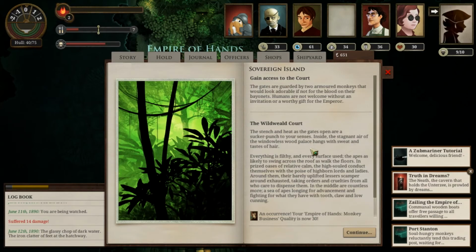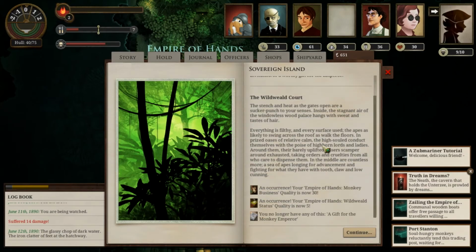The well-wheeled court. The stench and heat as the gates open are a sucker punch to your senses. Inside, the stagnant air of the windowless wood palace hangs with sweat and tastes of hair. Everything is filthy and every surface used. The apes are likely to swing across the roof as walk the floors. In prized oases of relative calm,